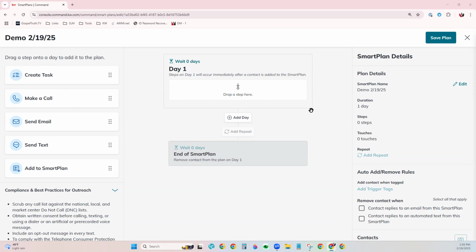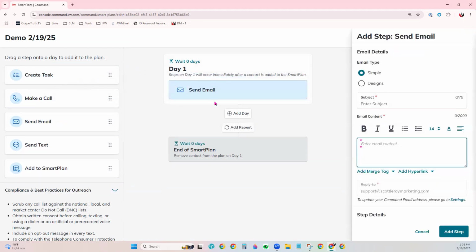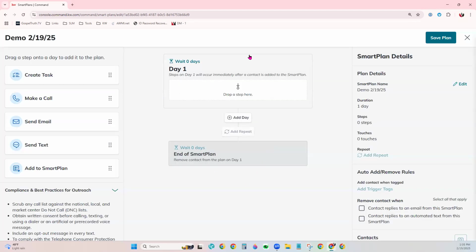The center of your screen is where you actually build your smart plan. You just simply start building them by adding steps. Like maybe your first step is to send an email to that person. We're not going to get into that too much just now, but I just wanted to show you how you build